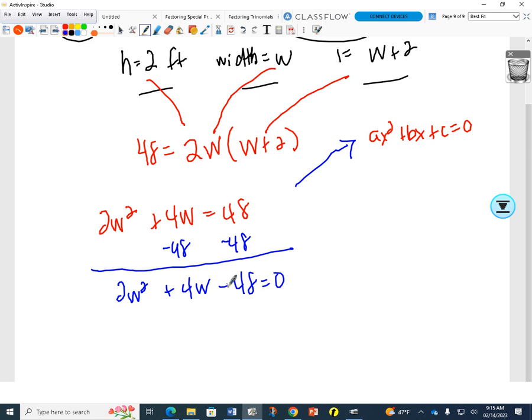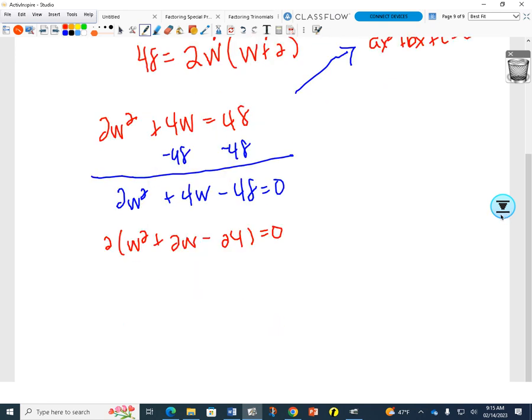Before I start trying to factor it, I'm noticing something about all 3 terms. Anybody noticing something that all 3 terms have in common? Julian and Clarence both said you can take a 2 out, right? So we can divide them all by 2. We do, it's 2 times w squared plus 2w minus 24 equals 0. If we were just factoring this, we need that 2. If we're solving the quadratic equation, the only factors we need to worry about are factors with the variable in it. So right now, I can ignore that 2, and I'm going to rewrite